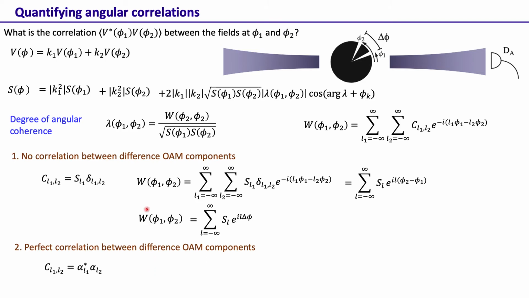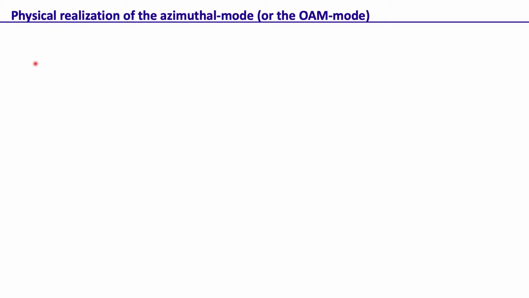Okay, so we have this V phi, the signal or the field in phi, and we saw that this field can be represented as a discrete Fourier transform over modes e to the i L phi. Now the question is, are these e to the i L phi modes physical or just mathematical? So far we have just shown them as a mathematical mode or basis vector. Let's see if it can be physically realized.